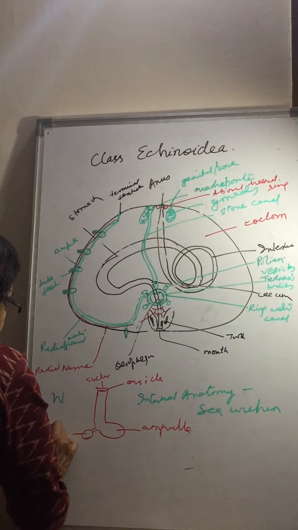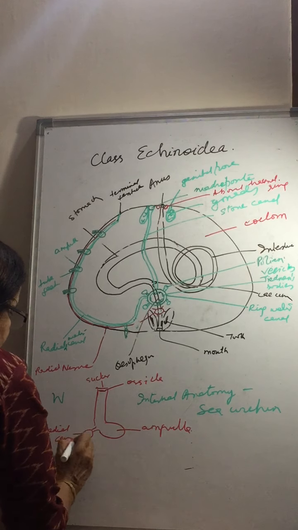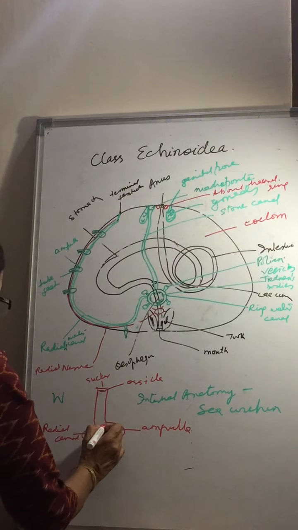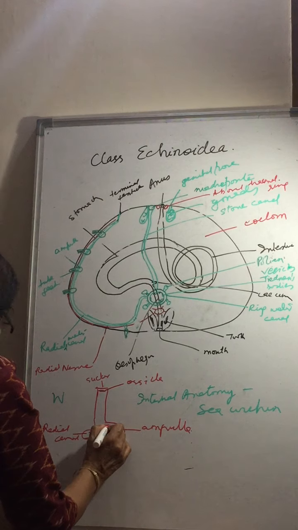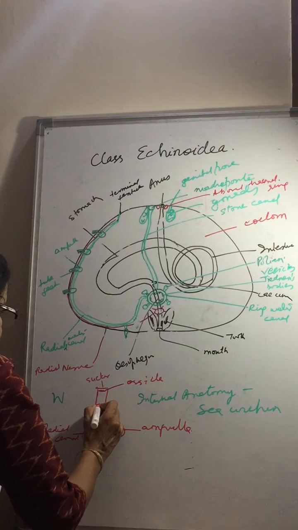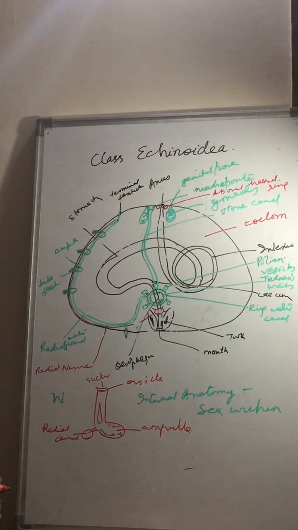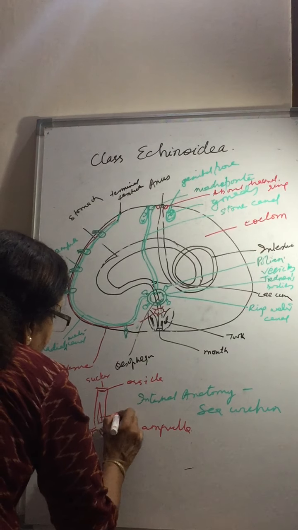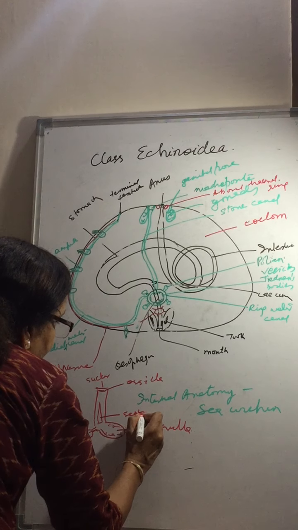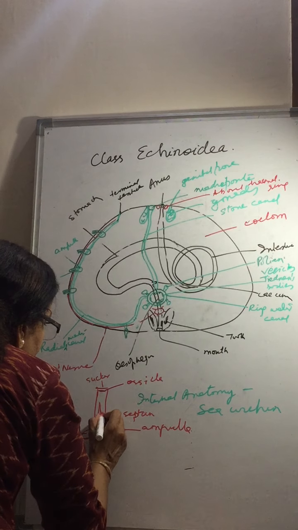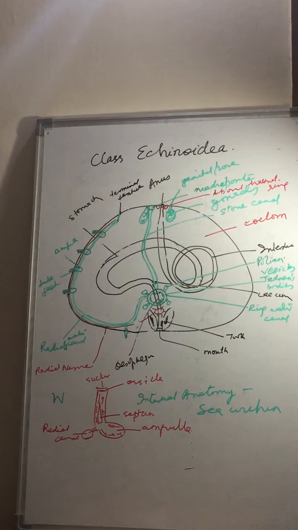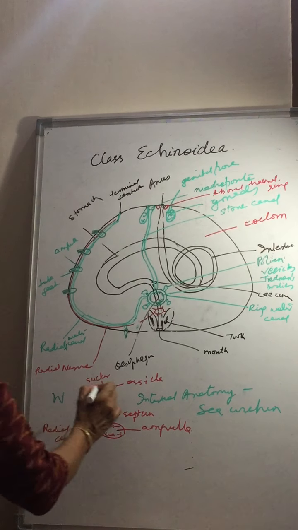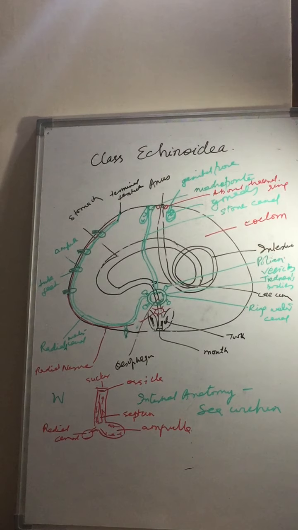So this is the radial canal, and the lateral canal is here. This is the ampulla. As the water enters from here, it goes here, and there is a septum here in the tube foot. There is a septum in the tube foot, and a bidirectional flow of blood. No, sorry, this fluid is maintained here, and the ossicle present here doesn't allow it to collapse or buckle under pressure.